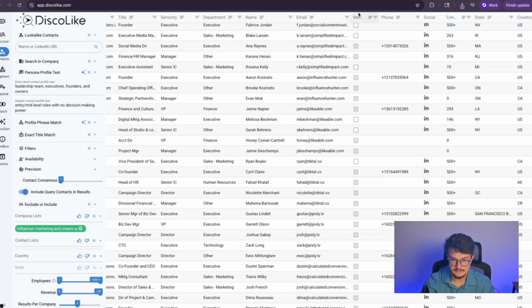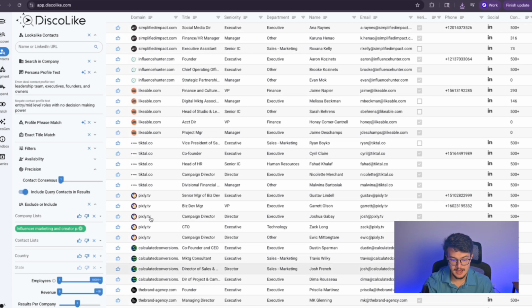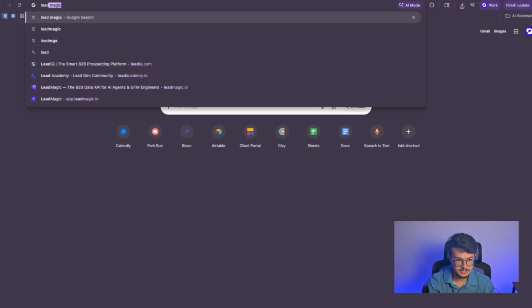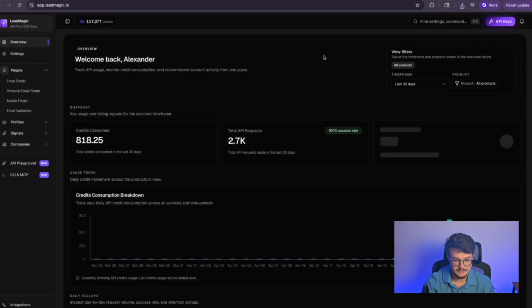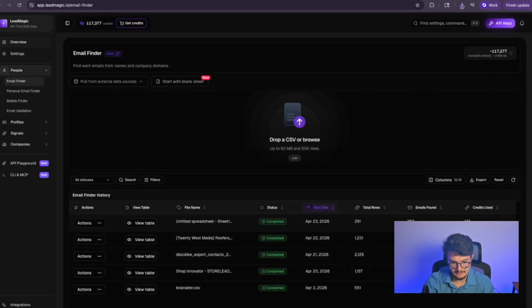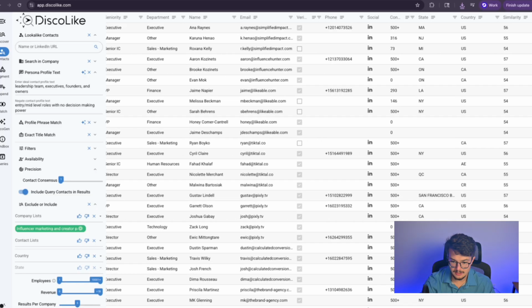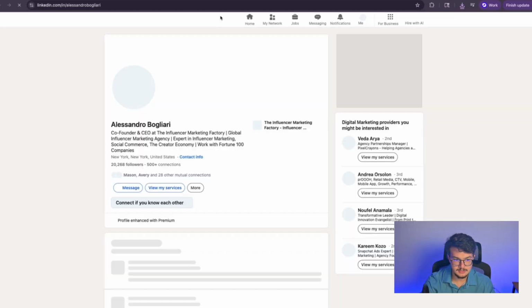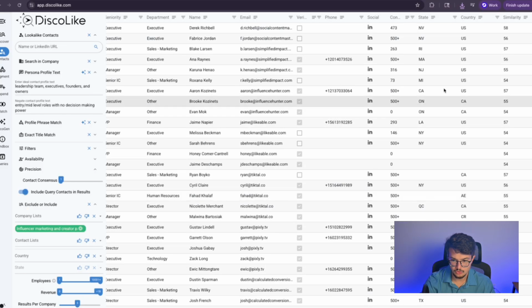Now they also do say verify, but I'd always recommend I still pull these people. My workflow is I pull these, I bring them to a tool like Lead Magic, and I use a catch-all verification to pull the emails, and then I bring this to Million Verifier to make sure that it's good to go. And it also does come with their LinkedIn links, so no need to go outside of your tool here to be able to get your information.